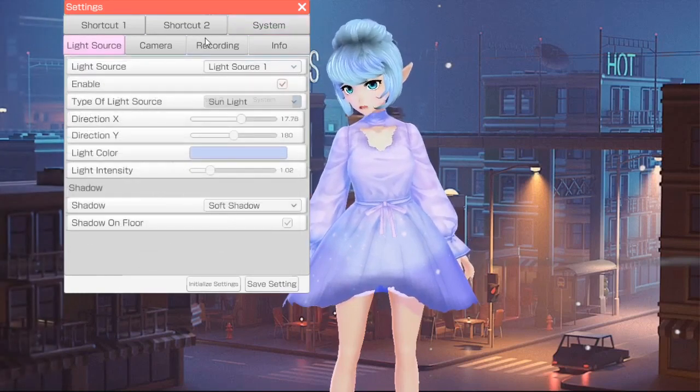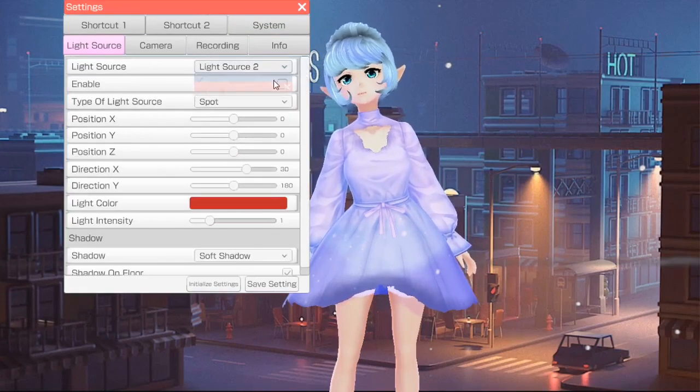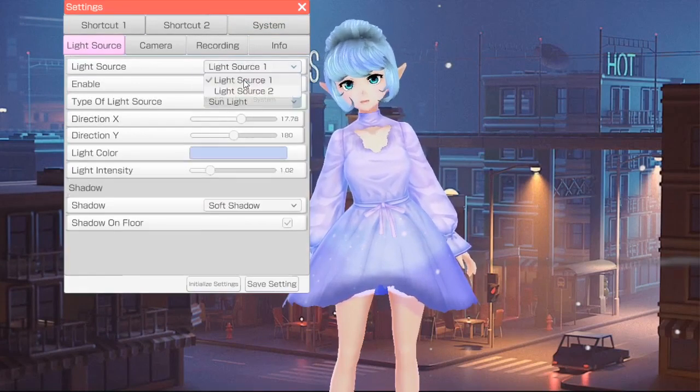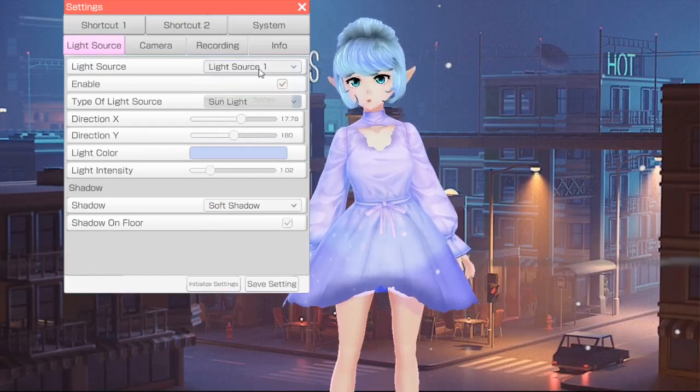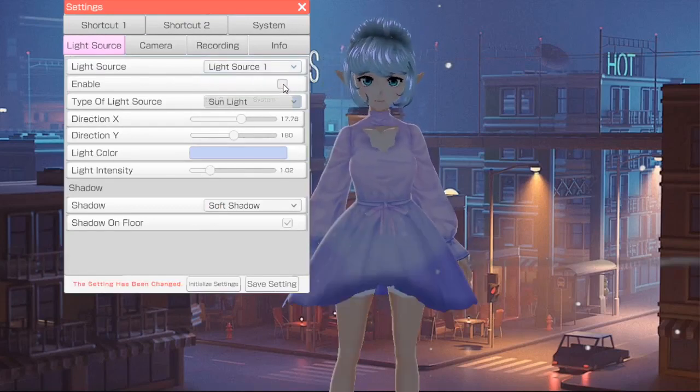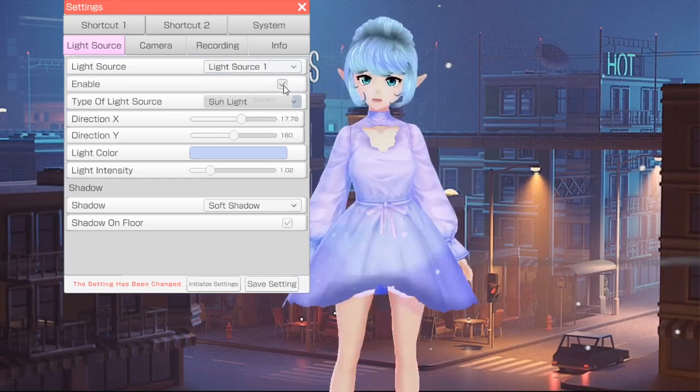Next is light source. This is like my favorite one ever. So you can do 2 different light sources here. I usually just use one. Again, you can use 2. Go ahead and experiment with it after I show you the first one, but you can disable your light source, have no light source. I think light sources are epic, especially if you have really cool backgrounds. You can play into the color theory there.